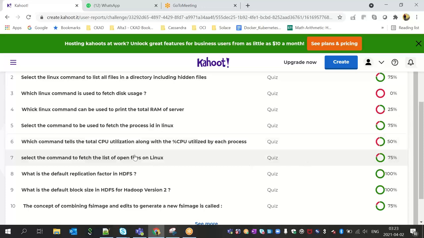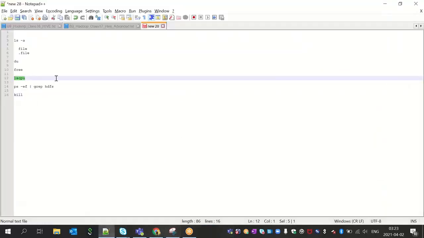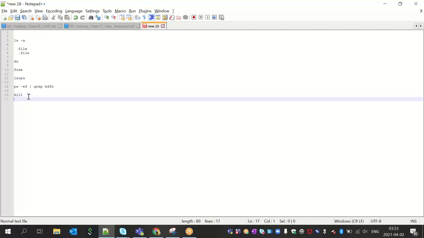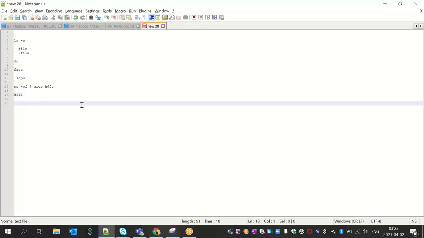Okay, let's quickly discuss all of them. Which command tells total CPU utilization? lscpu will only give you how many CPUs are there in the cluster. It's only defining the configuration of the cluster. But if you want to check how many CPUs are utilized and how many are still available, you can use top. This command will not only give you the CPU utilization, it will also give you the RAM utilization